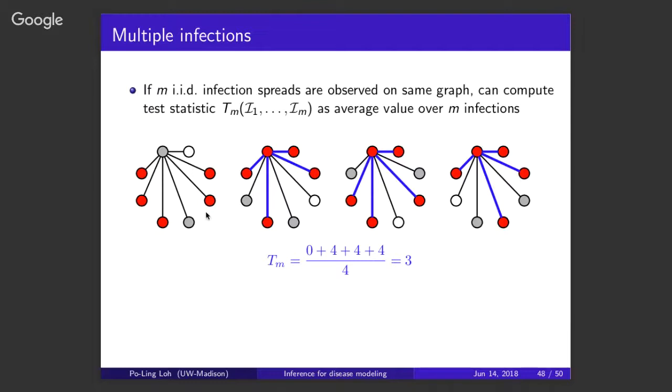So we look at how it was spread last year versus the year before versus the year before that versus the year before that. Right? So it's the same individuals, it's the same connections, but a different spread happening over that same network. The question here is, if we observe multiple infection spreads, then can we still do a permutation test there? And well, it's not too hard to show that, in fact, the same sort of stuff works.